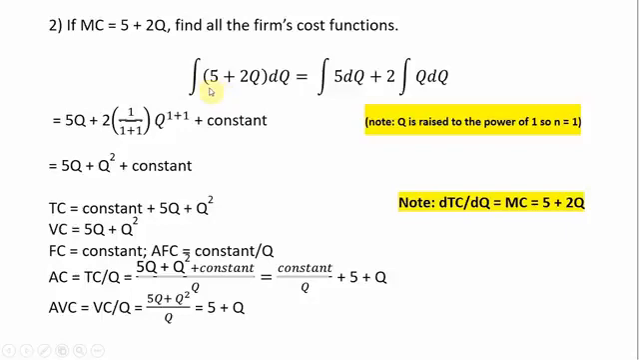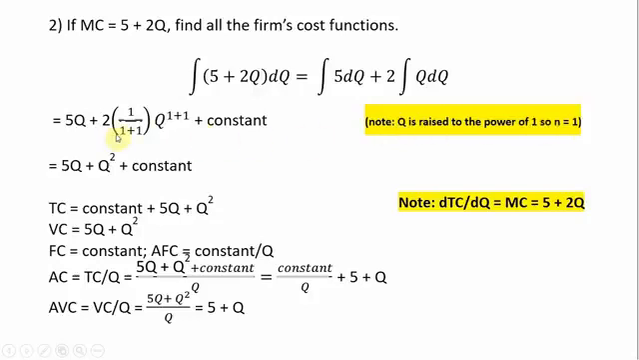Taking the integral of 5 plus 2q, we're going to write it like this. I'm going to break this into basically two functions, the 5 and the 2q, realizing we can bring the 2 out in front of the integral sign for the 2q part. So the integral of 5 is just 5q. The integral of q, again following that rule, note here q is raised to the power of 1,